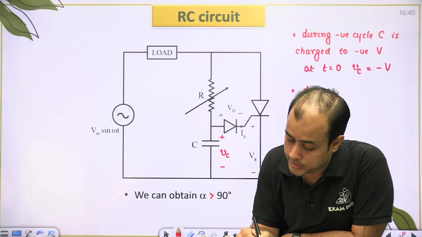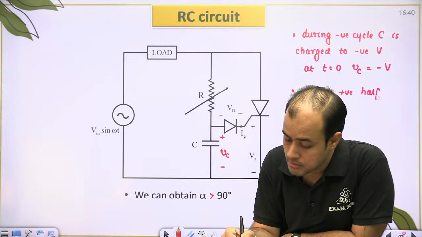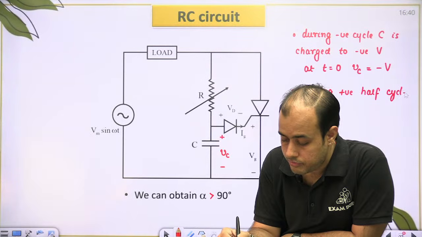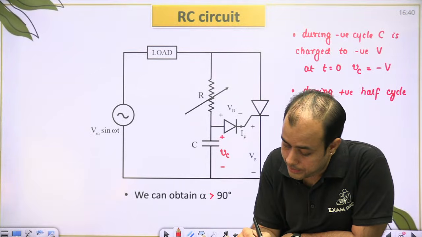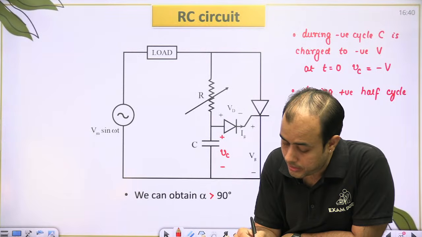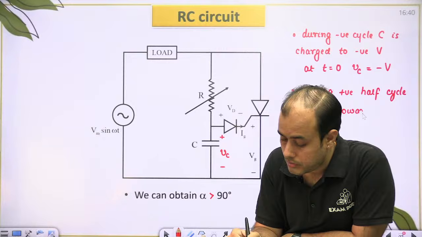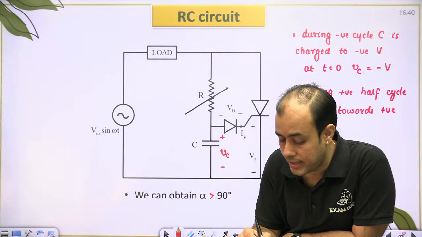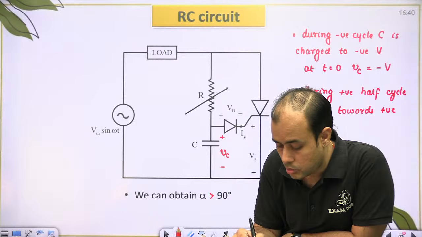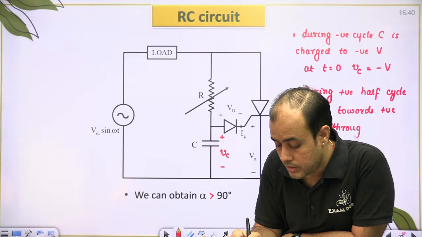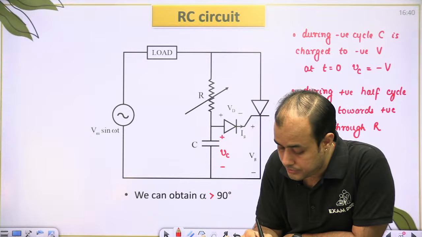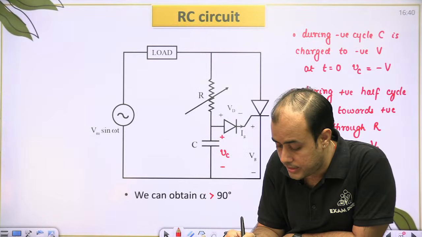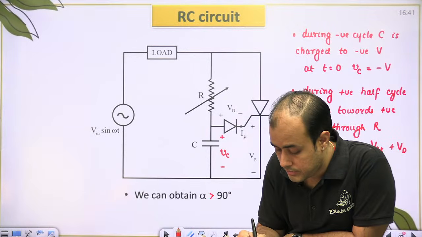Now during positive half cycle, capacitor charges towards positive value through R, and once VC is more than VGT plus VD, SCR turns on. ठीक है,